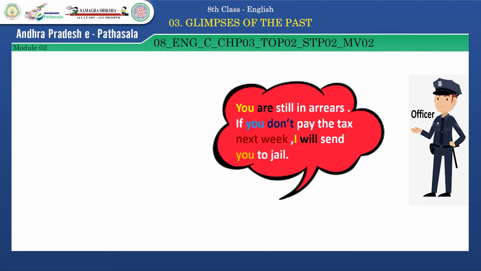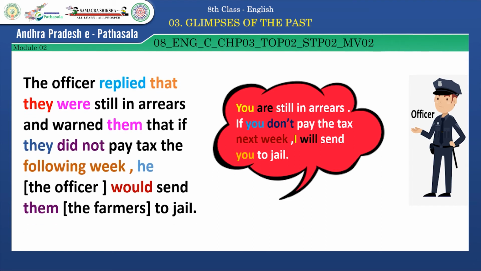So what did he ask him? So why your men are taking away the entire crop? For this, he is giving a reply. So the officer replied. Again, we are using the word conjunction that. You changed into they, and the simple present tense are changed into were. So the officer replied that they were still in arrears, and we use the word warn because he is an